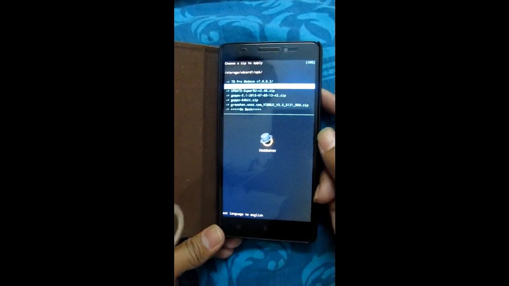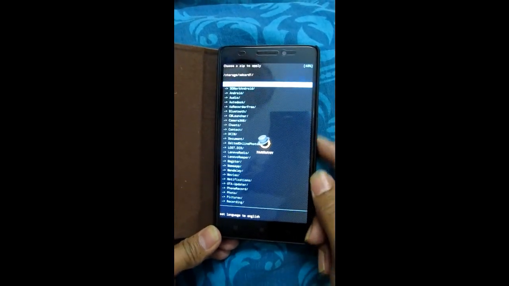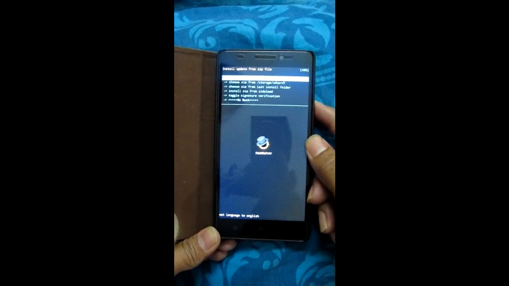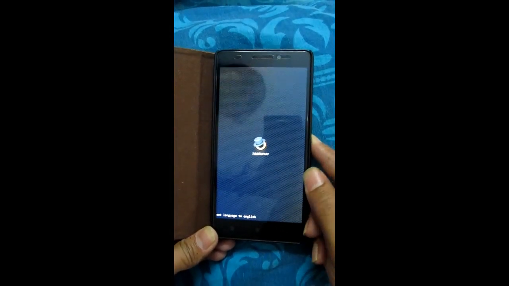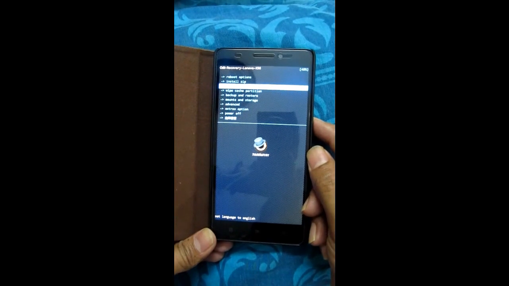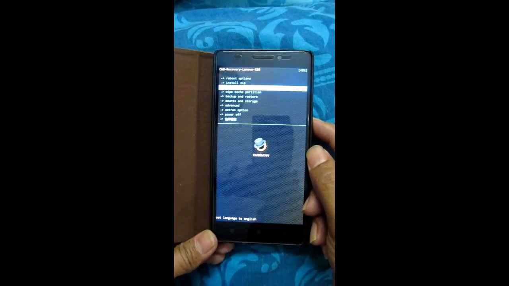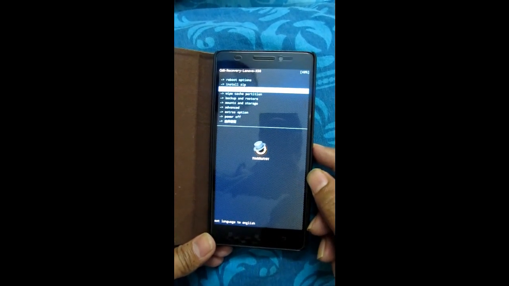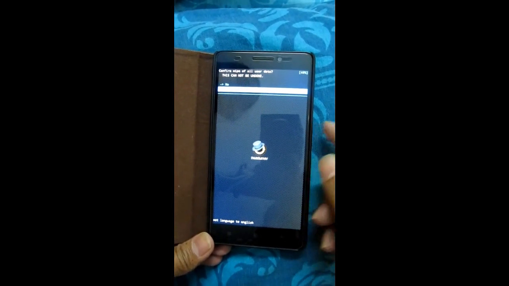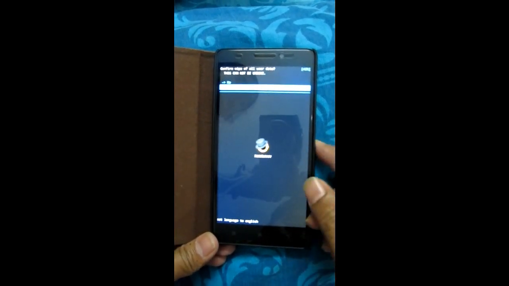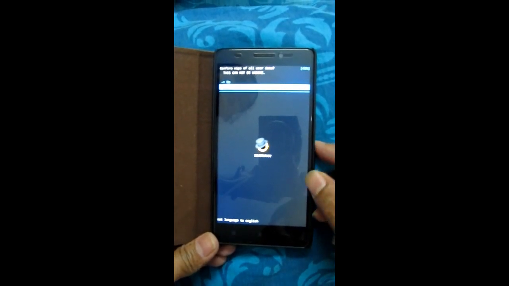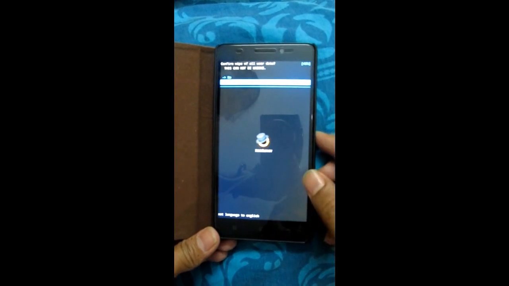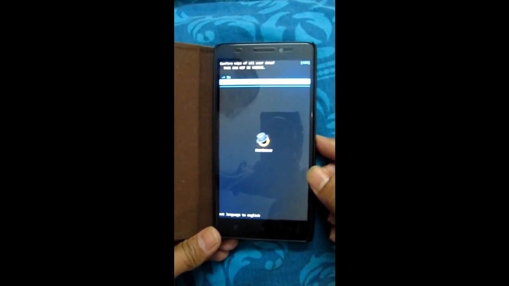Okay, something I forgot, sorry. You go back, it's very important actually. So first you have to wipe cache, wipe data, factory reset. This is the first thing you have to do. Go to wipe data. It will actually clear all the data in the phone memory, right? Your photos or videos may not be removed, but overall the system data will be removed, settings, etc.